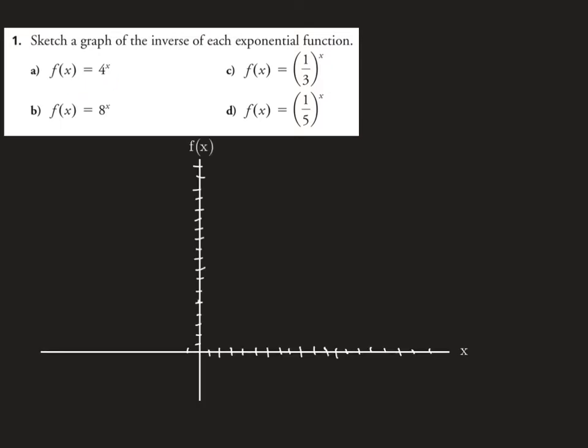Sketch a graph of the inverse of each exponential function. Part A, f of x equals 4 to the x. Alright, first of all, here's f of x. It's going to look something like